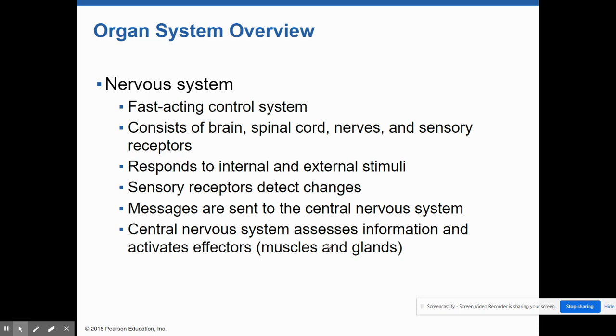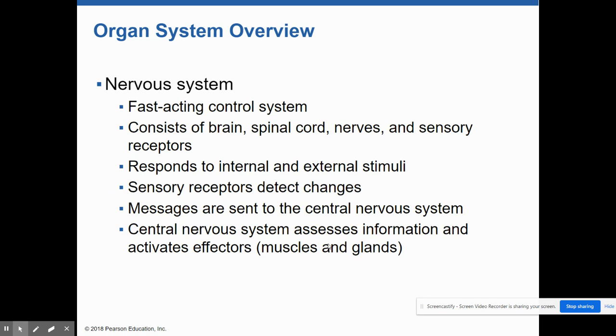Now we're going to move on to the nervous system. This is the fast-acting control system of the body. The anatomical structures are the brain, spinal cord, nerves, and sensory receptors in the body. The main physiological functions are responding to internal and external stimuli, detecting changes in the environment,